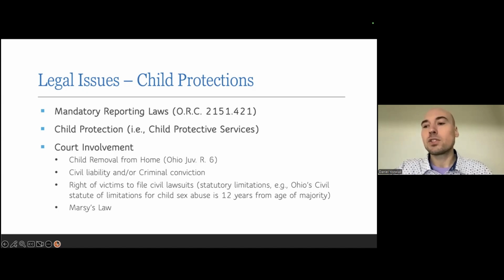And then I also mentioned Marsy's Law here. Marsy's Law is something that was recently codified in the Ohio Constitution. This is all about protecting the privacy and the rights of victims of these crimes. So if there's an ongoing court case in criminal court, a child, through whatever guardian has them at the time or through a children's services agency that has custody of them at that time, is notified of these hearings, and has the right to actually appear and be heard.